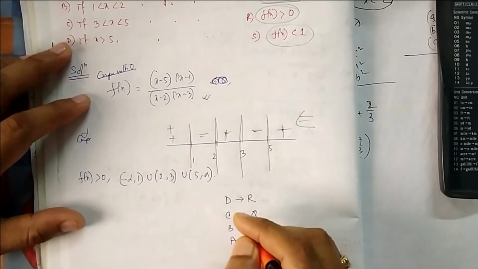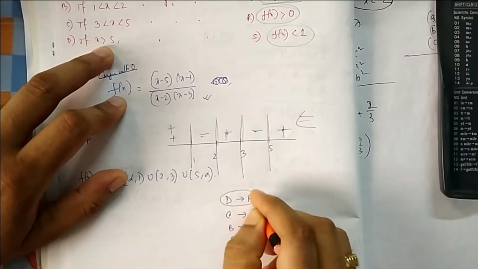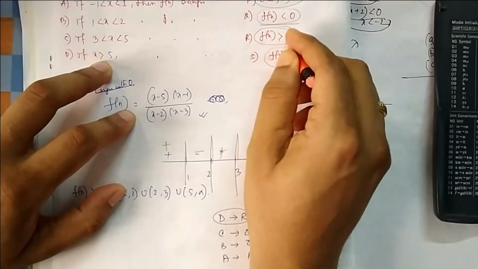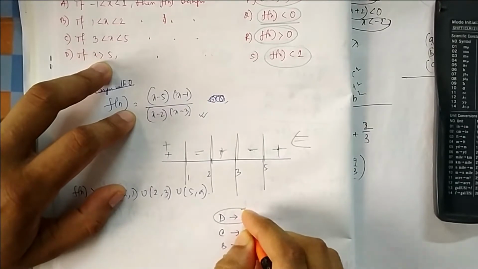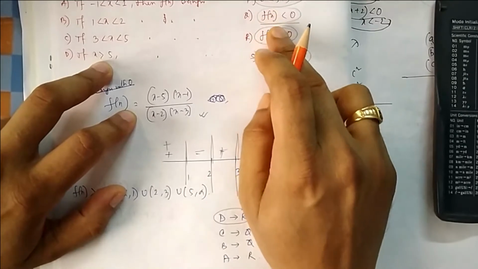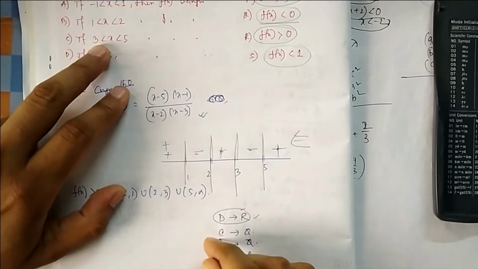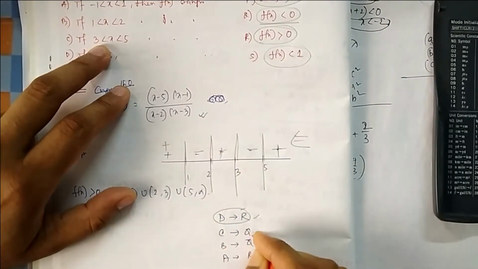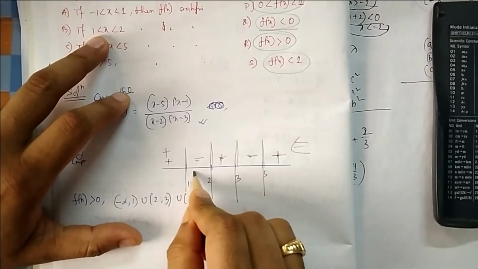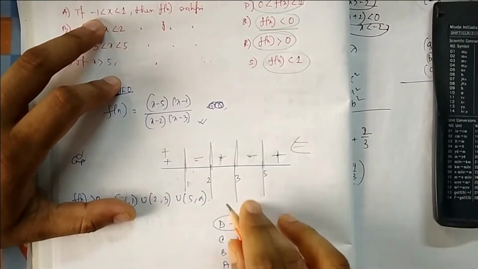So at what position it is positive and at what position it is negative. You can check with the options also. You can start with D. If x is greater than 5, that means positive. Positive is which one? Q. Q is an option. Sorry, R. R is positive. So obviously D will be matching with R. But this is not the conclusion. You have to check for these also. So for these two, I am checking only Q and R, which of options A, B, C, D are satisfying Q and R. So D is satisfying R. C, between 3 to 5, it is negative. So C satisfies Q, negative. B is 1 to 2, it is negative. So again it is satisfying Q. A, minus 1 to 1, it is satisfying R.